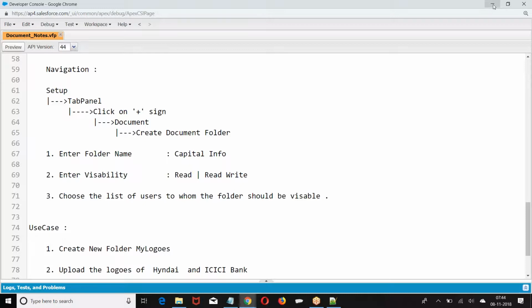Name some of the standard applications. As I told you, sales, call center, marketing. Then we have communities. All these are standard applications developed, your financial cloud, e-commerce cloud applications. These are the applications developed by the Salesforce. Then, what are custom applications?